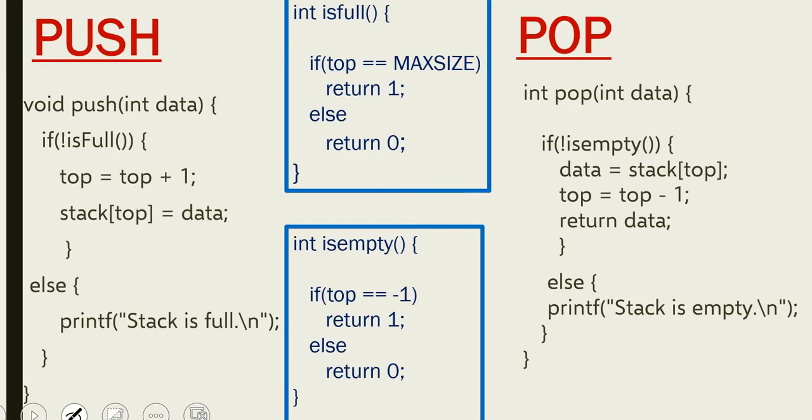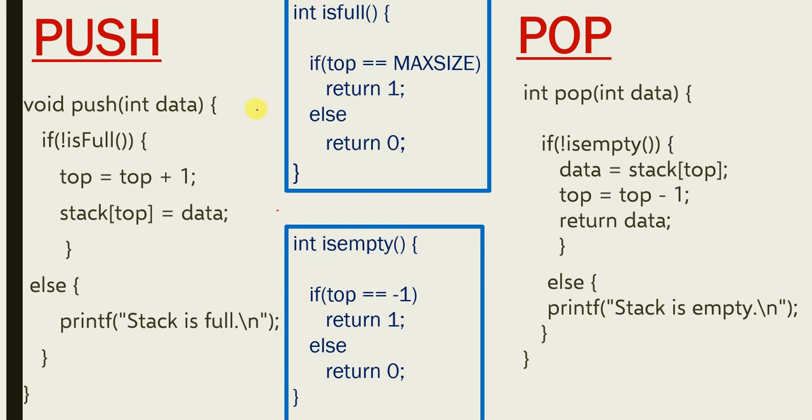Okay, next we will see this piece of code. If you go to any interview and the interviewer asks you to write a piece of code for push and pop operation, just the logic, then you can just write this push and pop. That is enough. If they ask you to execute the whole program, then it is better you write the whole program, or else just this logic is sufficient, right?